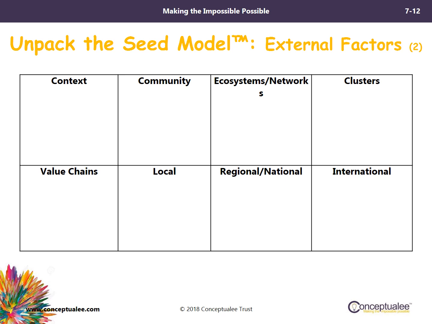So some examples of those could be cultural, weather and climate, environmental, geography, and geology. And of course, those are also under context, but what this helps you to do is then segment between, is it local? Is it a real local impact? Is it regional, or is it international? And you can separate out the geographic aspects. So you can almost look at any one of these external factors, like context, community, all of these, and then subdivide some key ones if you think that they need to also be looked at from a geographic perspective.